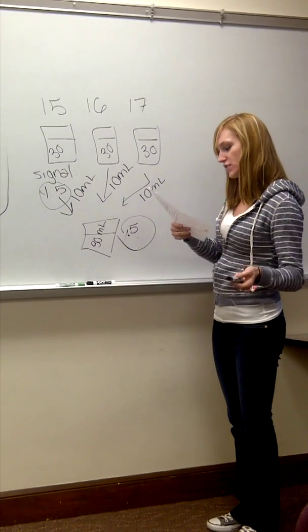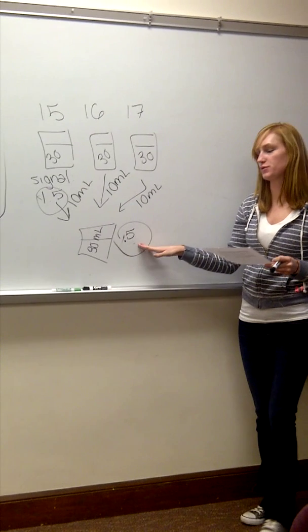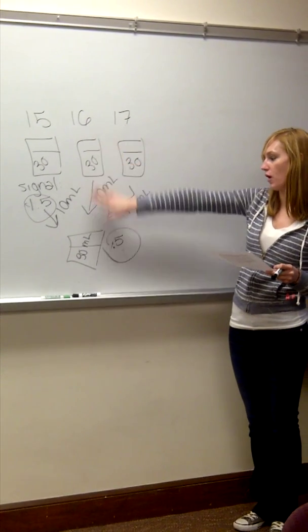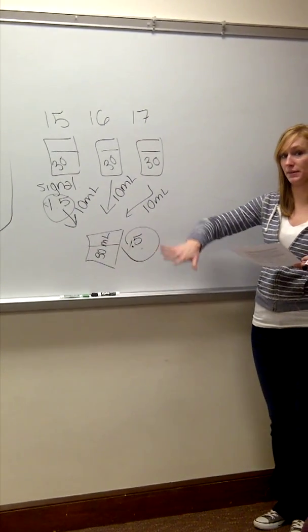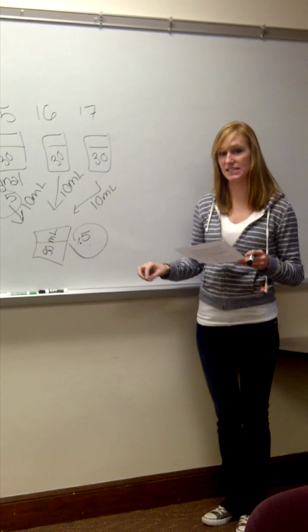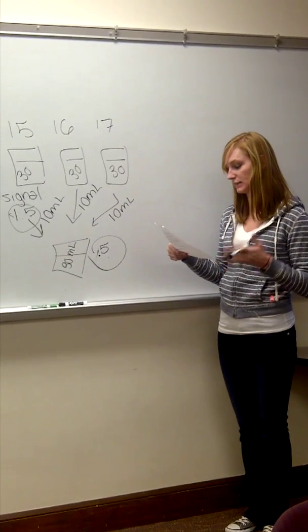So for our answer, how will your plan affect the minimum detectable level? It would reduce the minimum detectable level because, again, the composite sample is going to be diluted because of the clean water that's being taken from well 16 and well 17. So our minimum detectable level is going to